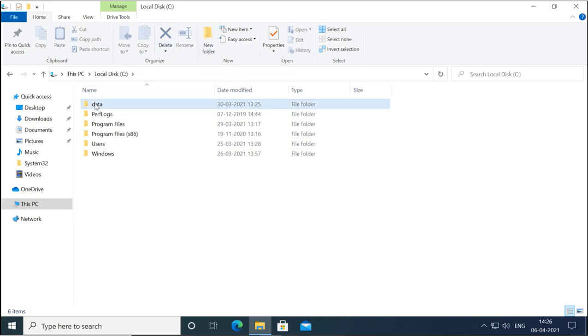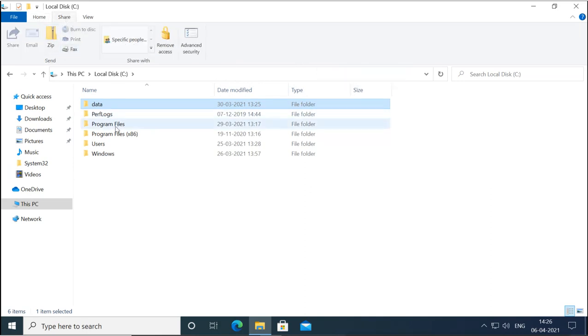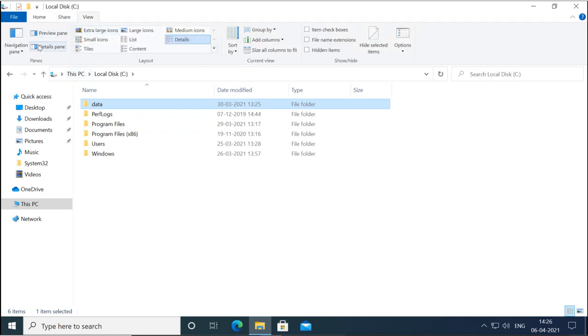When you select something, these options become available. You can rename, go for new item, new access, see the properties, open, history, select all, select none, invert selection. Then you can go for share, where you can share these directories, folders, or files. Then you can go for view, where you have different options to view.